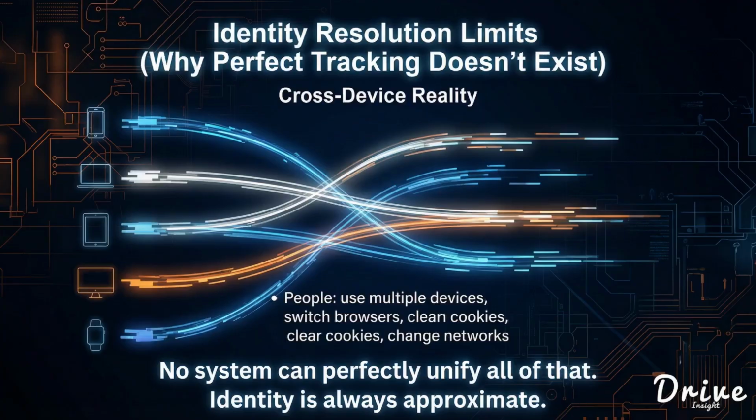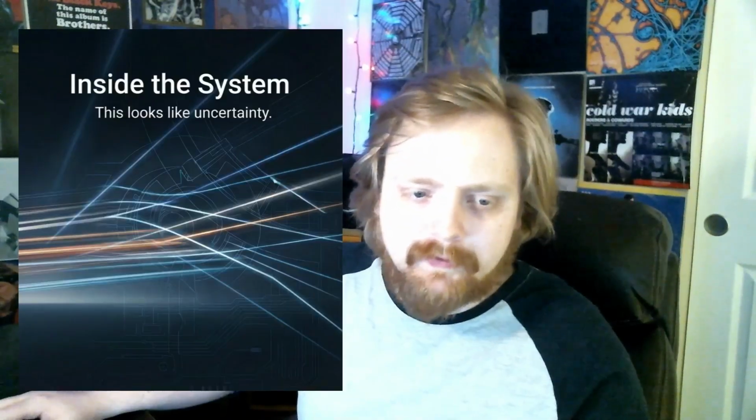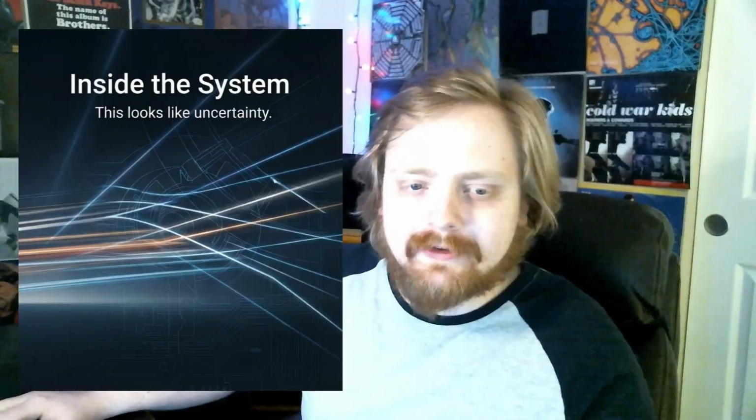This is where normal business behavior quietly creates a problem. You get multiple people logging into the same accounts. You get different devices touching the same lead records, different locations generating events for the same user, agencies, contractors, and internal teams all sharing the same access to the same user, and your CRM, analytics tools, and ad platforms receiving conflicting signals on each user ID. From inside the business, this will feel completely normal. It will feel like collaboration. But from the system's perspective, the same user suddenly looks like multiple identities, and multiple identities look like uncertainty.